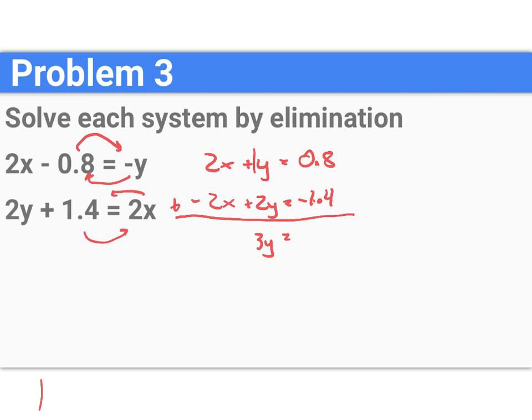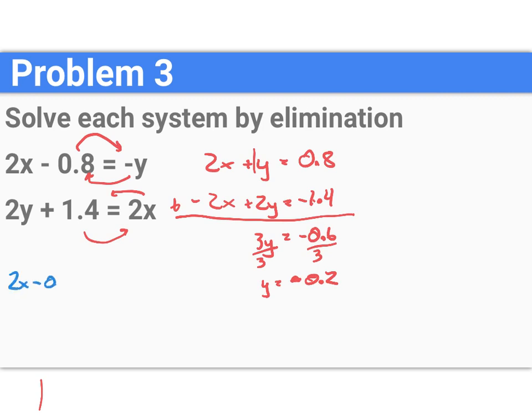0.8 plus negative 1.4 is negative 0.6. Divide both sides by 3. Y equals negative 0.2. Okay, so now that we found y, we're going to substitute y into both equations and solve for x. So looking at our first equation,